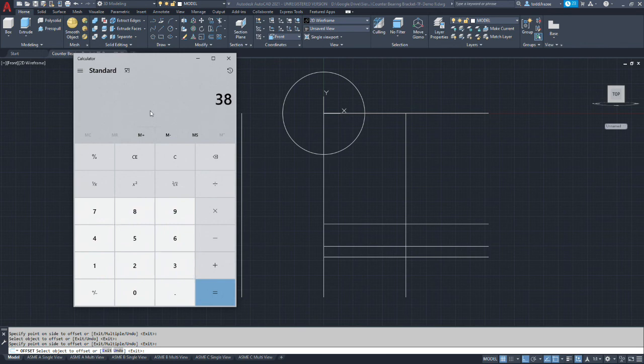Okay, so we're going to go 38.1 on our calculator, and we're going to subtract the bottom end of the range from it, 37.95, which gives us a tolerance range of 0.15 millimeters that feature needs to fall within.